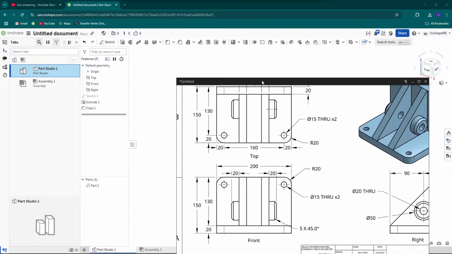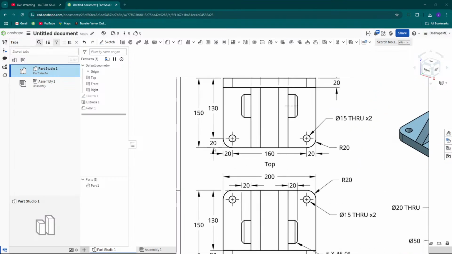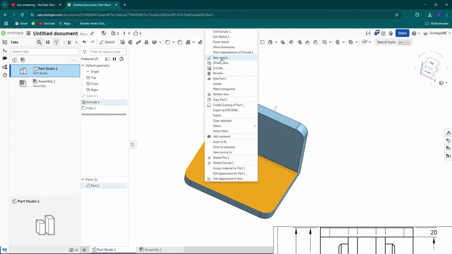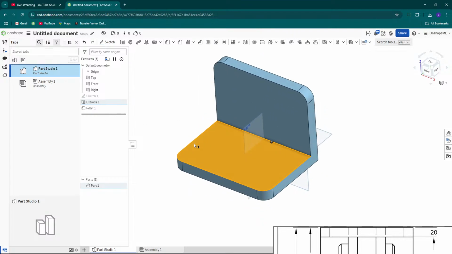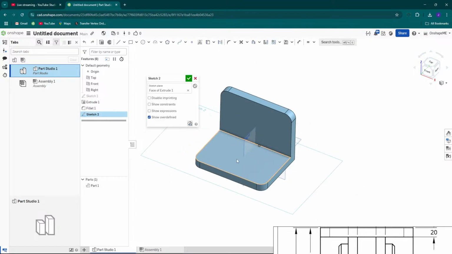By the way, the location of this hole is 20 from the front and 20 from the side, so we will use that. To do that, let's click this top surface and choose the new sketch and press N,